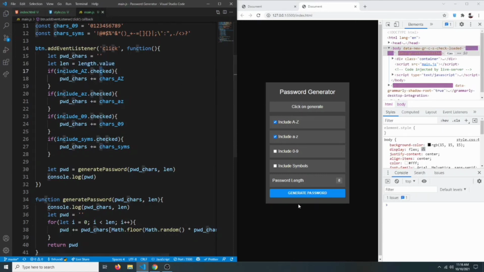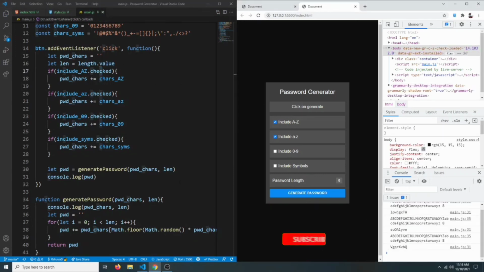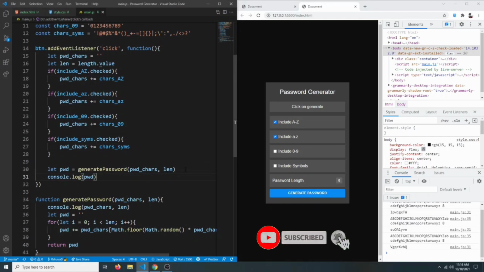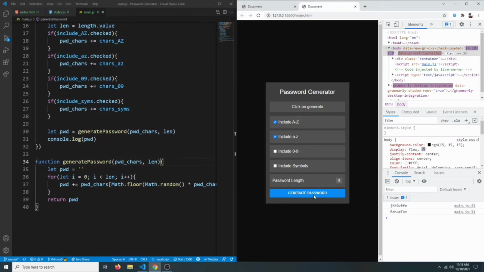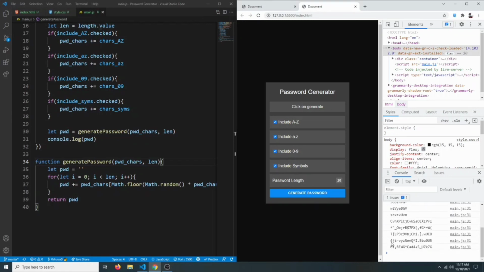Now if we click on generate, as you can see, it gives us a random password. Let me remove this console log, and if we click on generate, as you can see, this gives us a random password. If we increase the number here, so let's say 20, this gives us a random password of 20 characters. If we click on include numbers and symbols, then this will give us a password that includes both numbers and symbols. So finally we just have to say